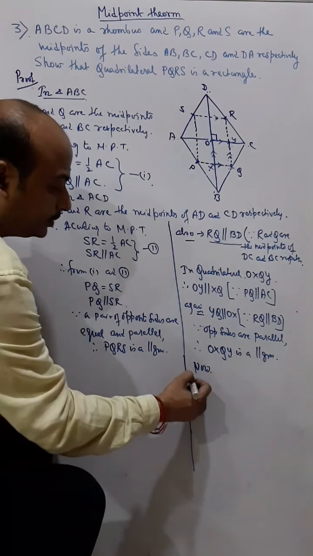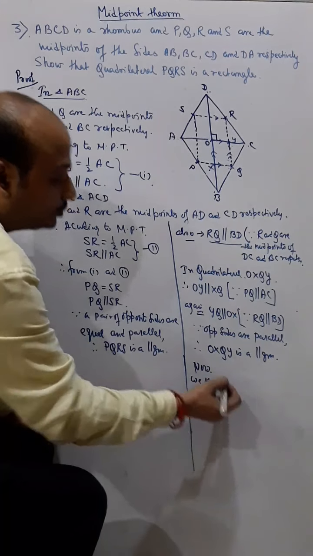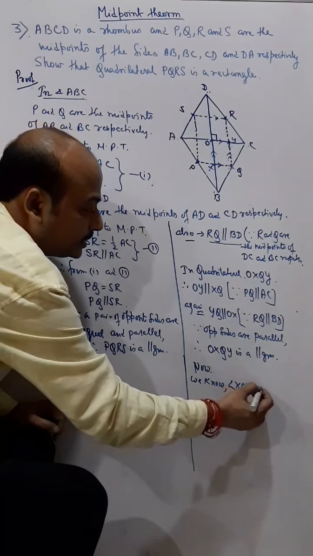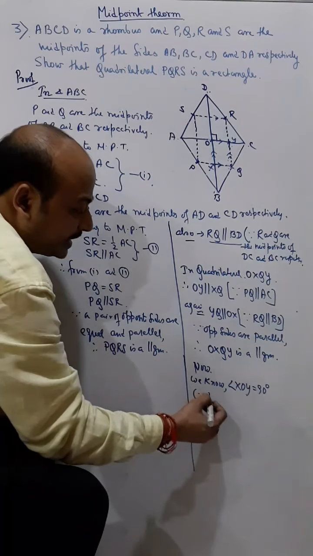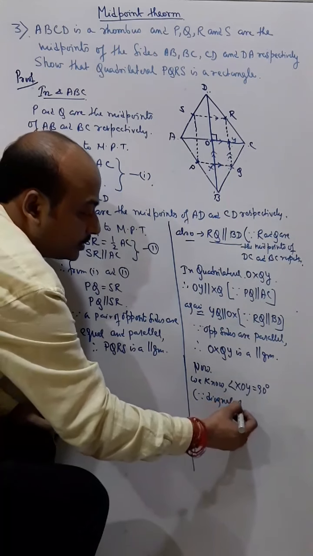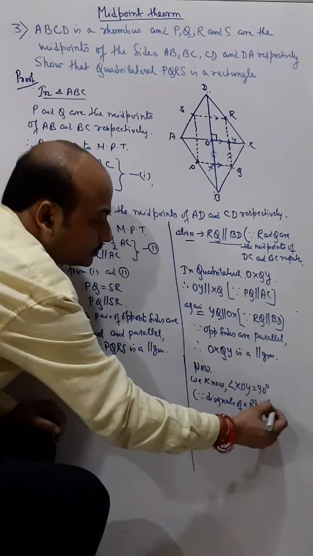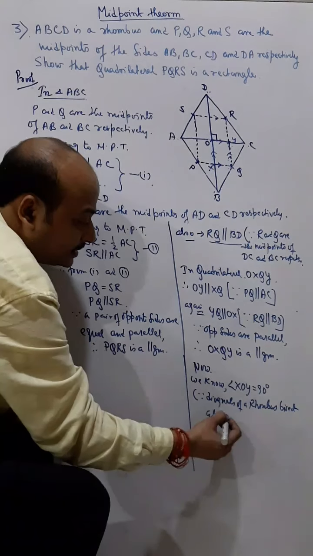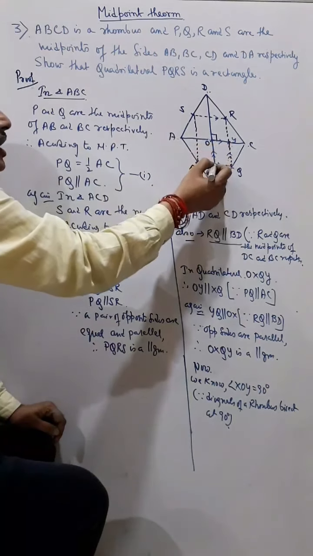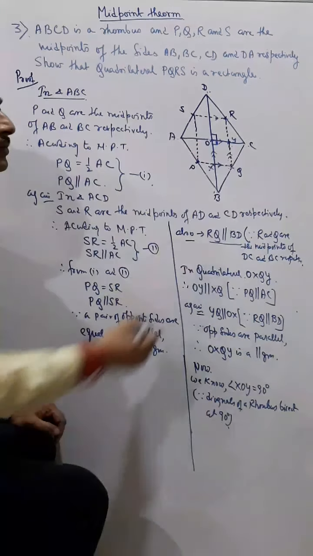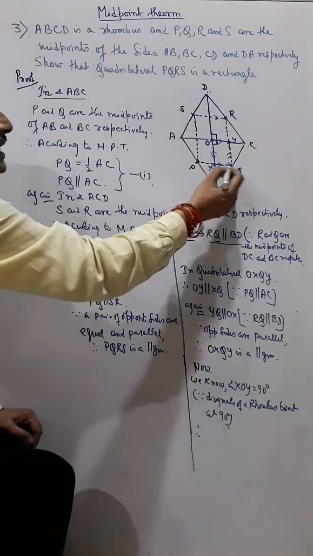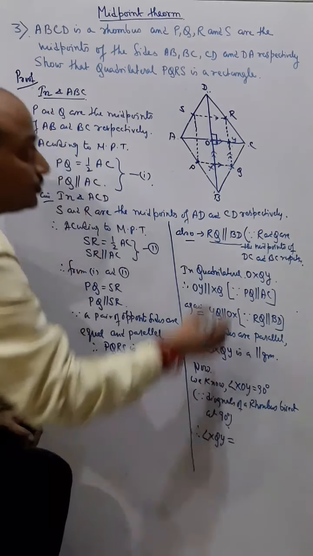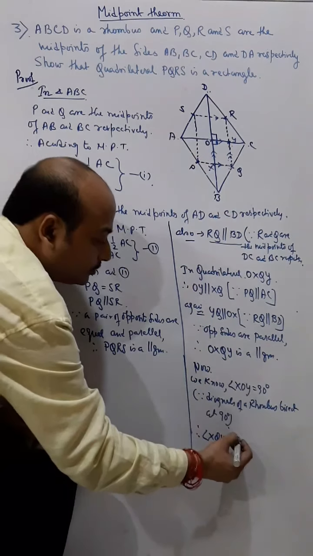Now we know angle XOY is equal to 90 degrees. Why? Since diagonals of a rhombus bisect at 90 degrees. So therefore I can say that XOY is 90 degrees, and therefore I can say that angle XQY is equal to angle XOY, which is equal to